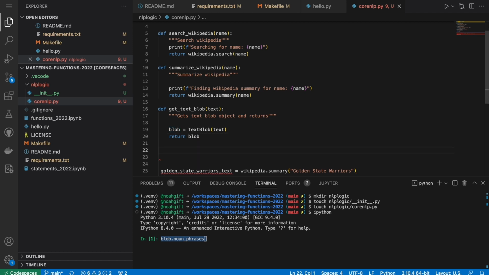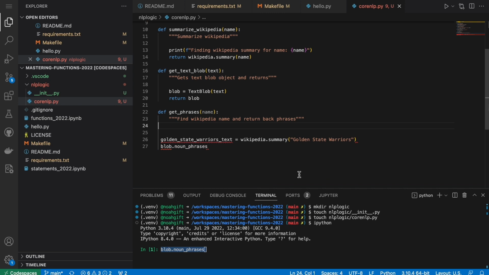And then finally, we'll build one more that says get phrases, right? So this is going to take, in fact, we could piece everything together, and we could just say name, right? So get phrases. So this will say like find Wikipedia name and return back phrases, right? So this kind of encapsulates a lot of things all at once,